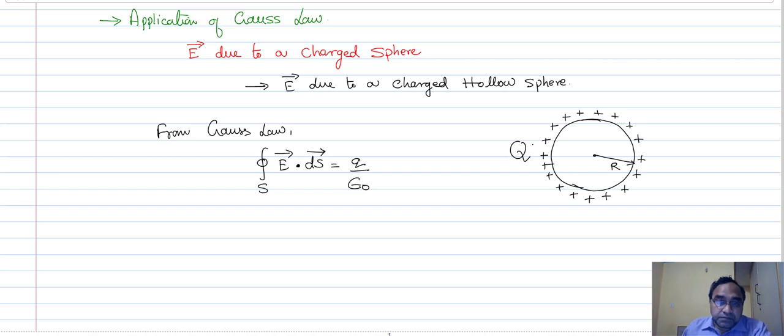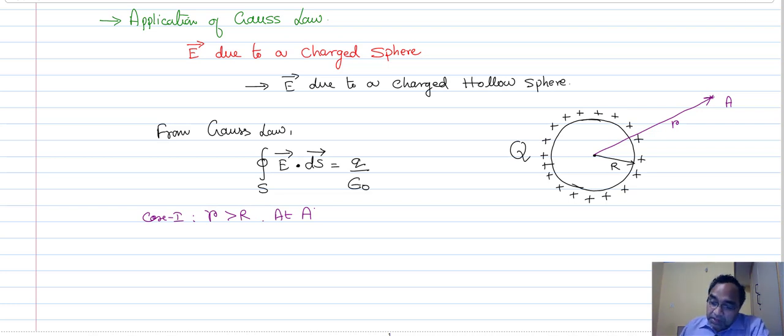Now, how many positions are possible where electric field intensity can be estimated? In order to understand that, we can say there are 3 positions. One is here, that is A. What is that position? This is case 1, I will write it as case 1. What is that case? R is greater than radius of the sphere. This is where? At A.